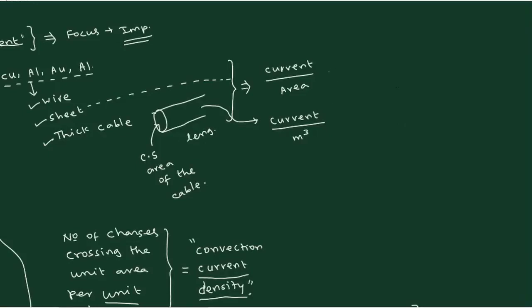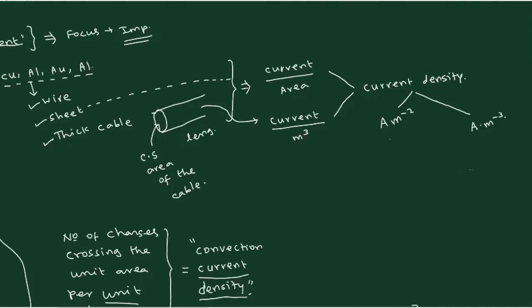Therefore, whether it is this way or that way, you give a common name known as the current density. That is why it is called density. Density means you are dividing either by area or by meter cube, which means you can have two ways of having the dimensions: the current is ampere, and per area means meter to the minus 2, or you can have ampere per meter cube. This is how the current density will be classified.